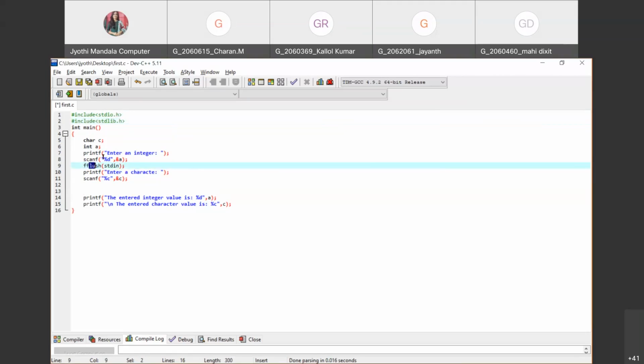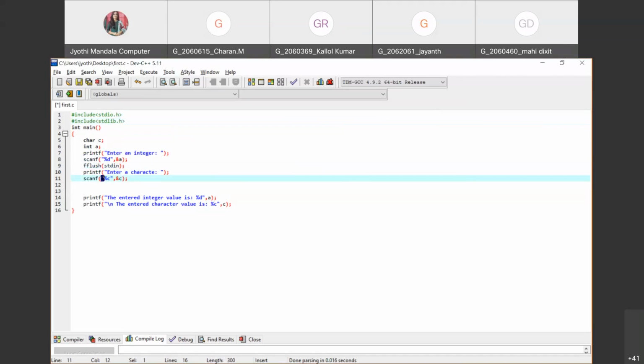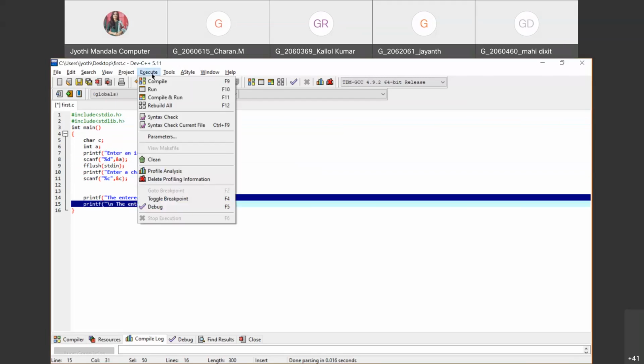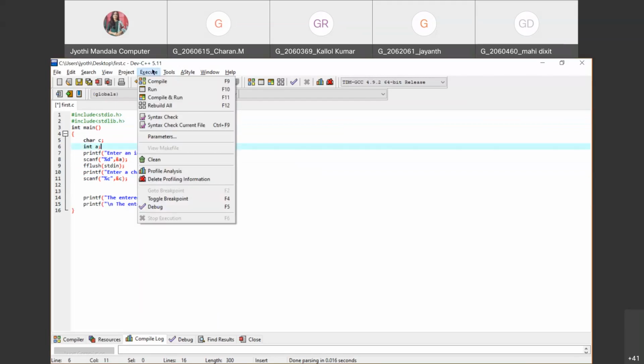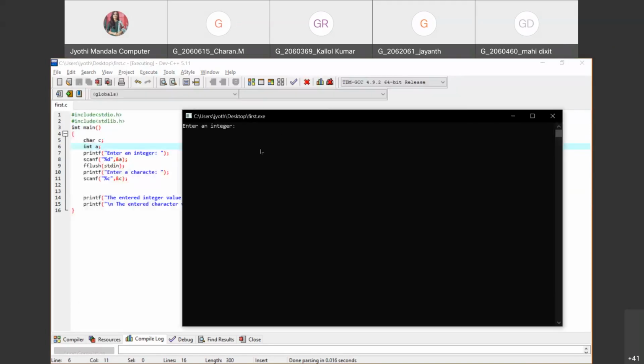Right? Now what happens? You can use fflush. After entering a value and clicking the enter button, the buffer will be emptied and it will accept a new character from the user, and you will get both the outputs. Let us see the output and check whether we are successful in reading the character value or not. It has to first read the integer value. So it is asking for an integer value. I am giving 15. Now you can see it is waiting for a character to be given by the user.